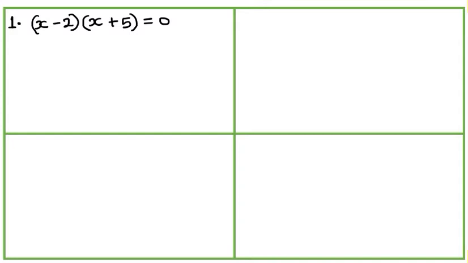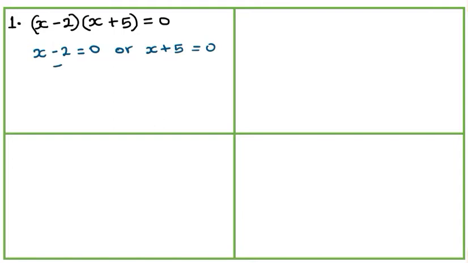So we will use that assumption to solve these equations. So we'll say that x minus 2 is equal to 0, or x plus 5 is equal to 0. And in that case,